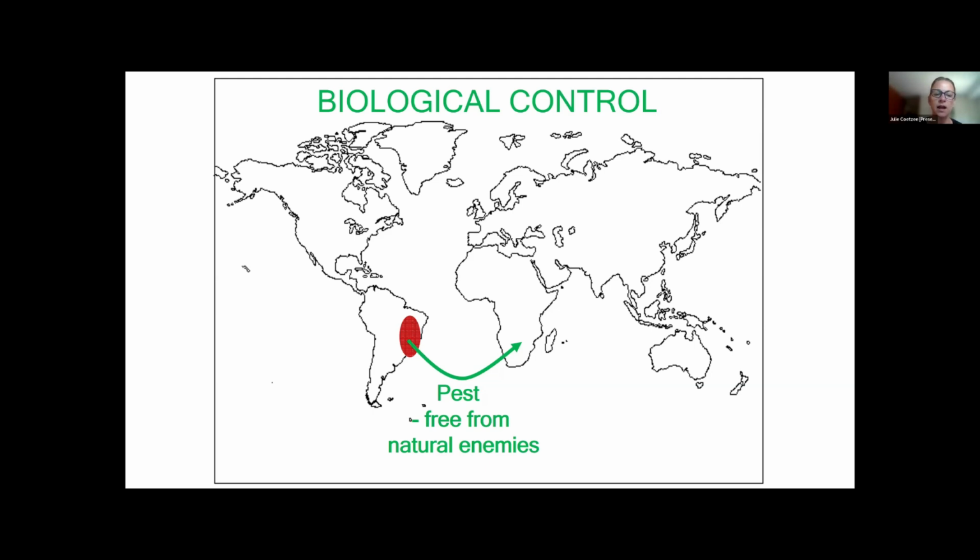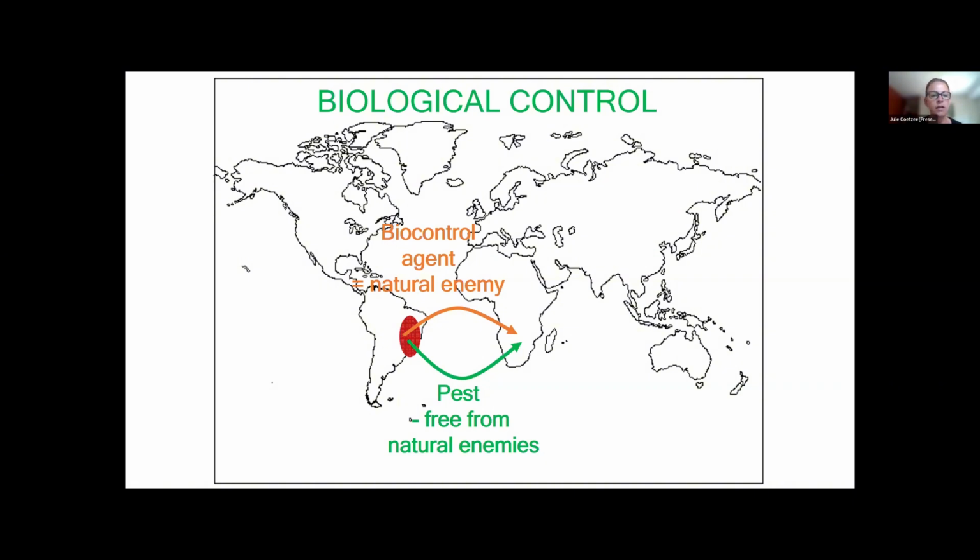And so these plants arrive free from their natural enemies, and they get plonked into a system that is completely inundated with pollution, not always, but largely, and that allows them to proliferate. And so as biocontrol scientists, what we do is we go back to that point of origin. In this case, for water hyacinth, or most of those floating aquatic plants that I showed you in the beginning, they all come from the Amazon basin, to look for those natural enemies, which we then introduce into the area of invasion as a biocontrol agent.